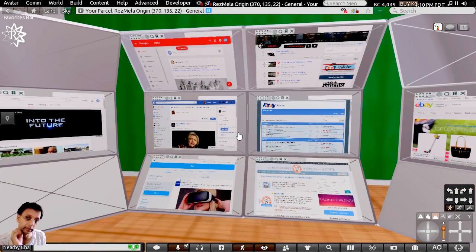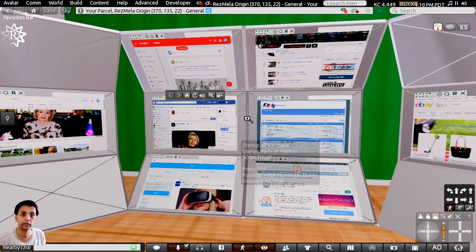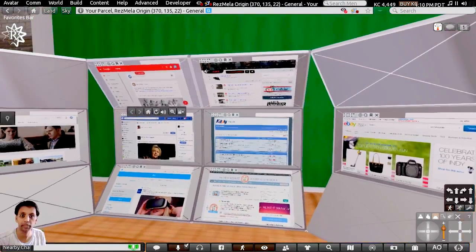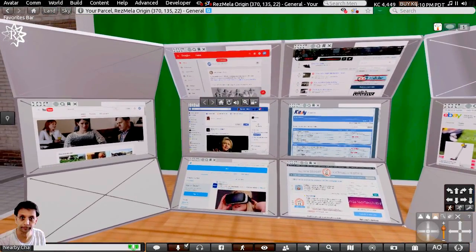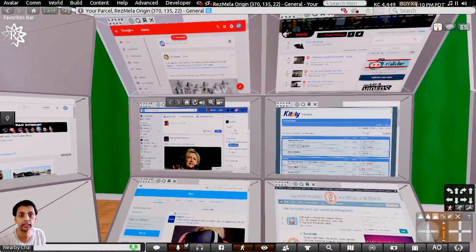In this case, I'm trying to design a display that would serve my daily informational needs. So I've created these panels, and that's a first iteration.